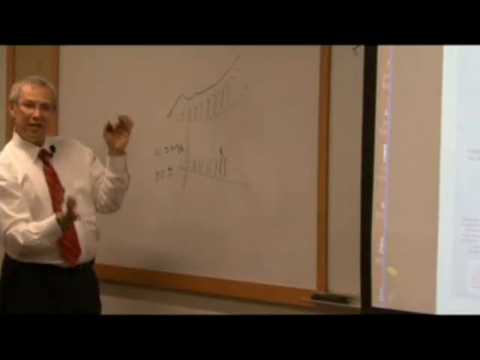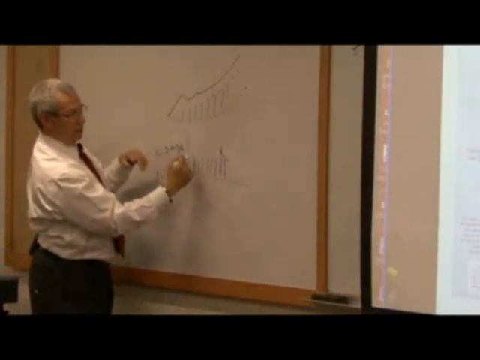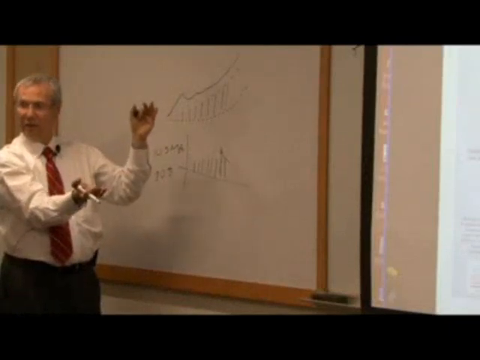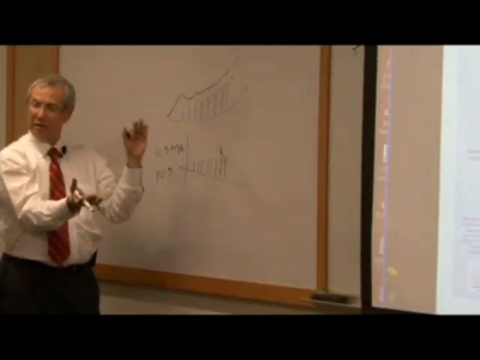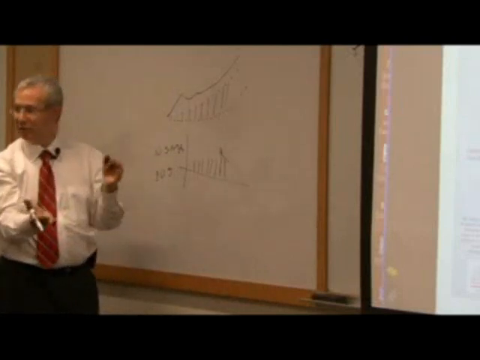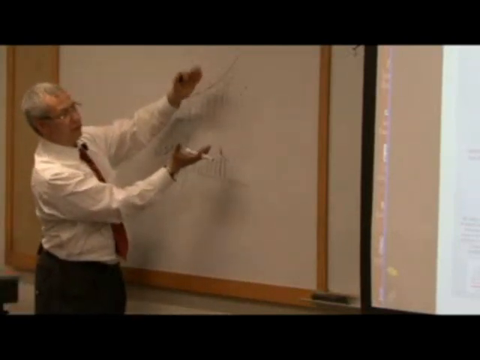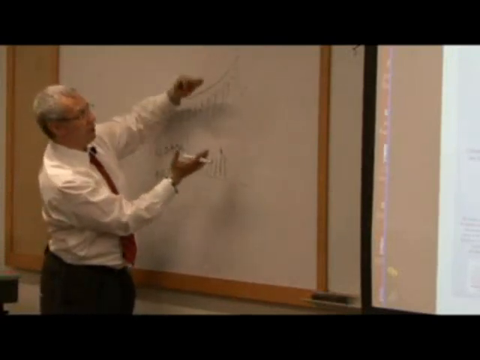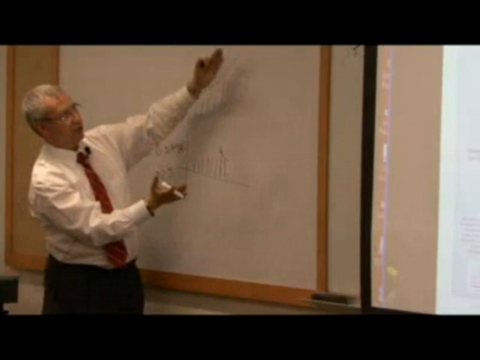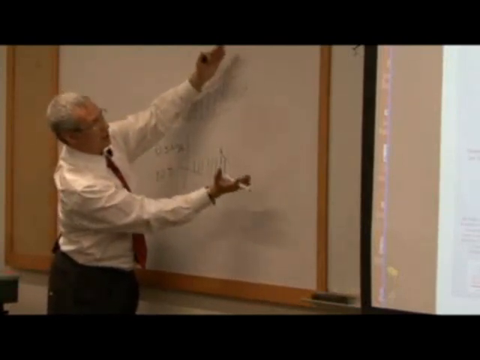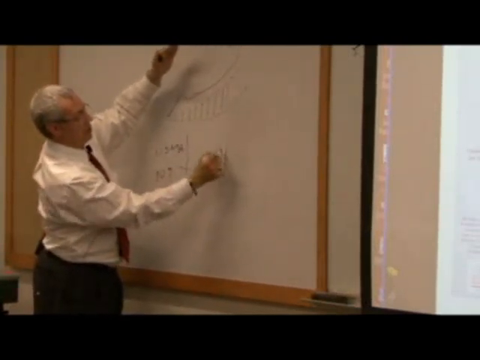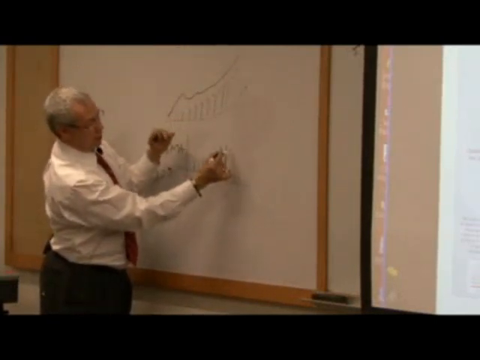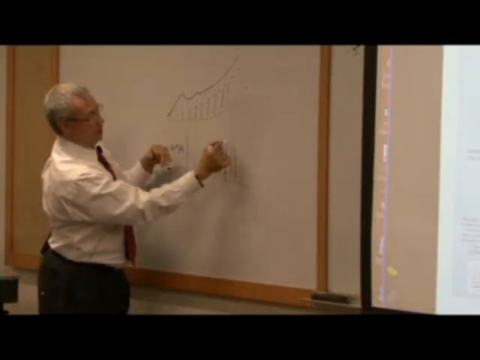So we can just use an oscillator, okay, a histogram showing the difference between two popular moving averages or any ones you want to pick. You don't have to get fancy. It can be 9 and 18, 10 and 20, 20 and 50, whatever. But you're always going to get a market that's, you can think of the oil market last year, big parabolic move. The short moving averages are going to stay with it. The 200-day is going to go up. And at some point, it's going to be really stretched, the short one versus the long. And then it's going to start to come in because the short one is starting to fail. Okay, so we can have that signal.